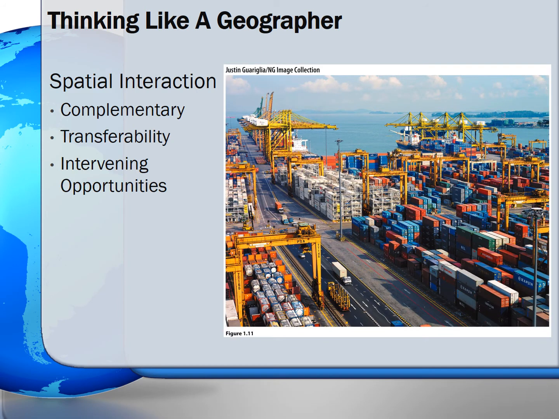The fourth concept is spatial interaction. Spatial interaction is the connections and relations that develop among places and regions as a result of the movement or flow of people, goods, and information. There are three factors that influence spatial interaction. One, the first is complementarity. That is where one place can supply another place with goods and resources they could not otherwise provide for themselves